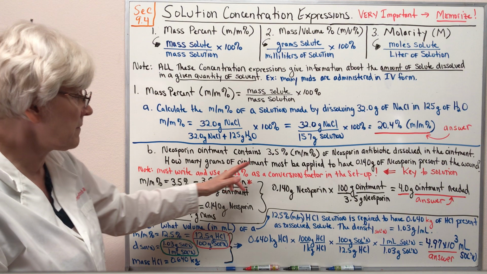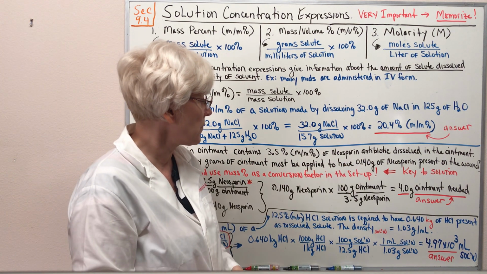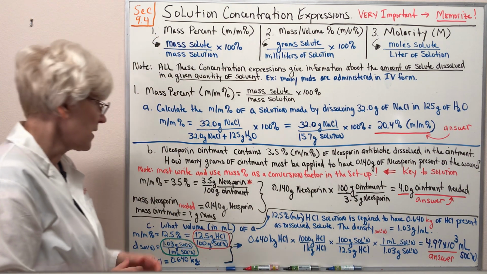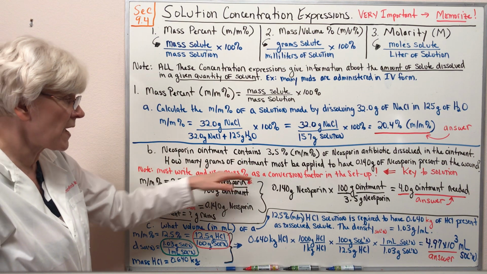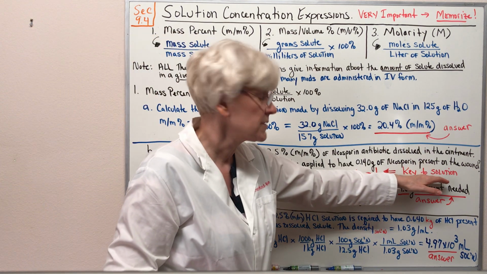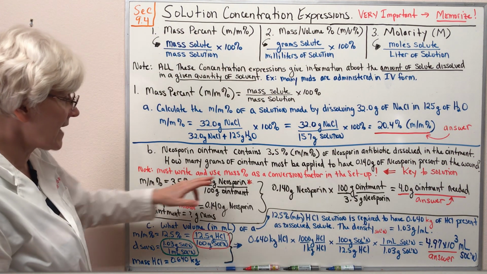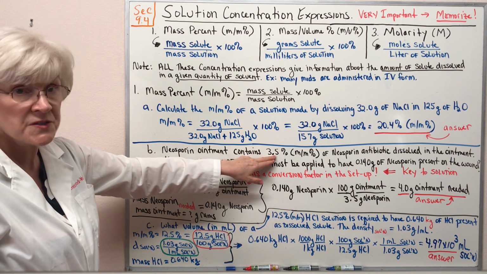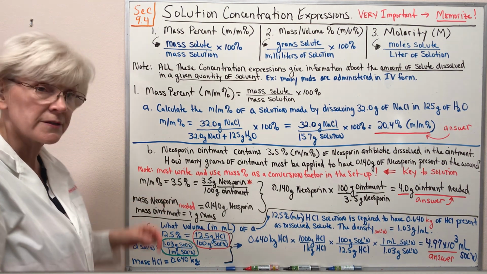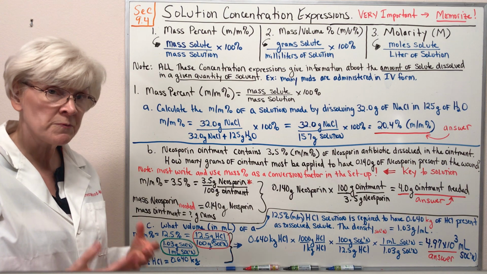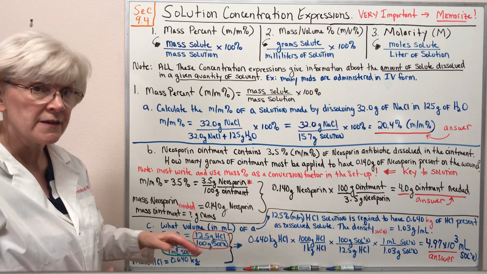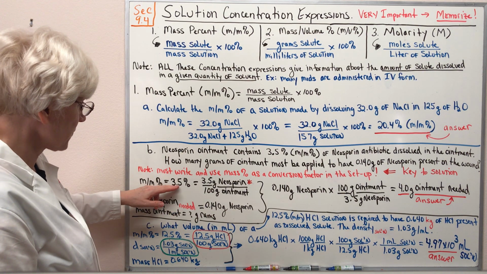How many grams of ointment must be applied to have 0.14 grams of Neosporin present on the wound? Note that you have to be able to write and use mass percent as a conversion factor in this setup. That's the key to the solution. So looking at the data, 3.5%, a mass percent. How do we write that as a conversion factor? Well, we recall that whenever you're working with mass percents, you take the value and place it over 100 to make a conversion factor. So 3.5%,